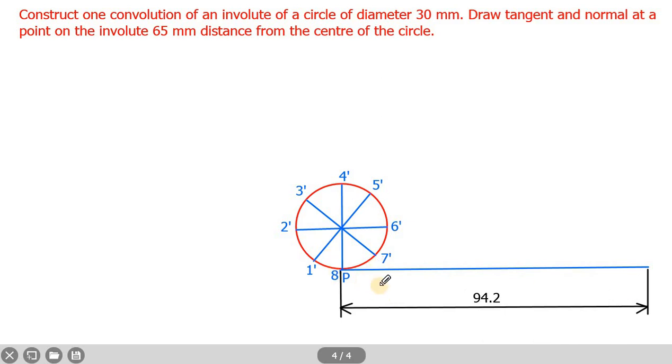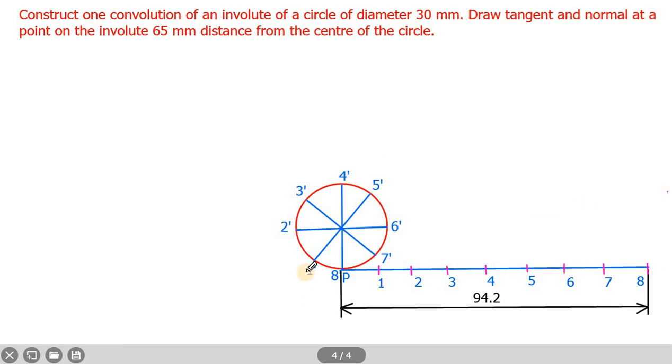Then divide this line into 8 equal parts. Since we have divided the circle into 8 equal parts, we have to divide this line also into 8 equal parts. If you find any difficulty dividing this line into 8 equal parts, you can refer to my previous video to follow the procedure of how to divide a fractional number into equal parts. I am just roughly dividing this into 8 equal parts. Then name these as 1, 2, 3 and 4. This can be 1, this can be 2. Like that name all the points. Now you can see all the points have been marked properly.